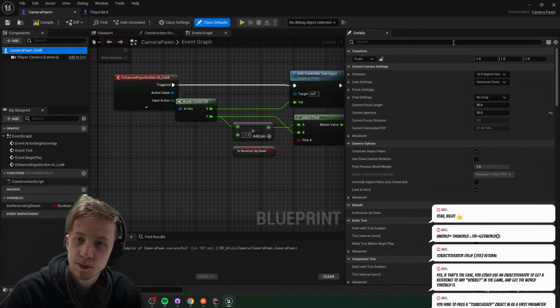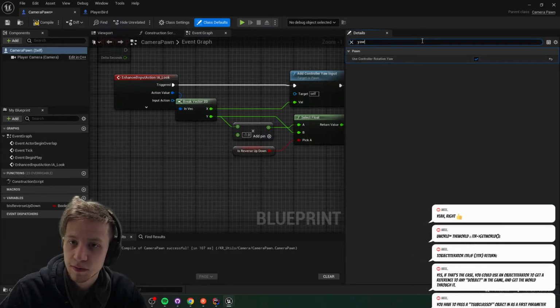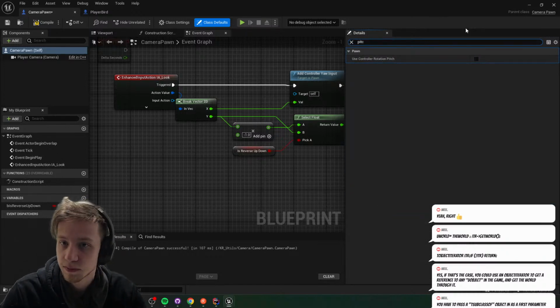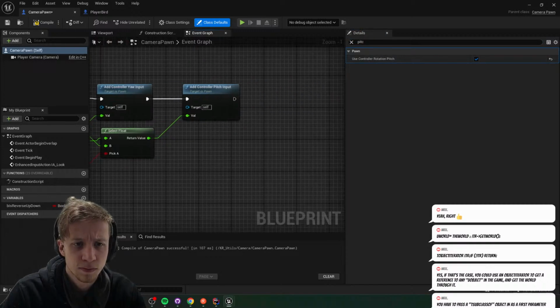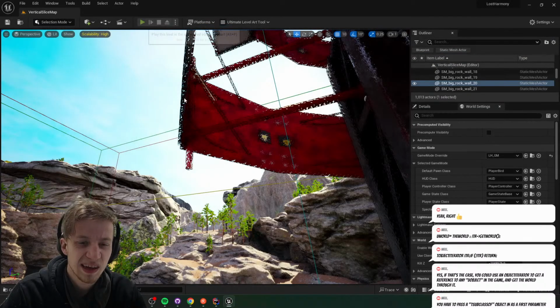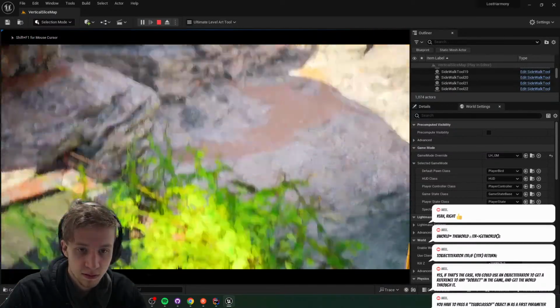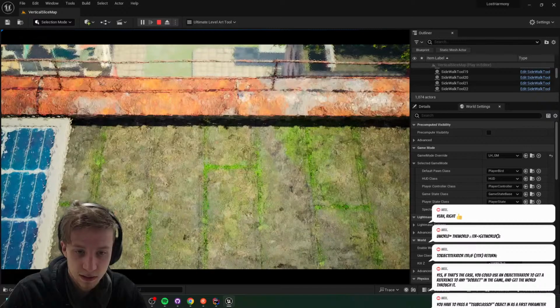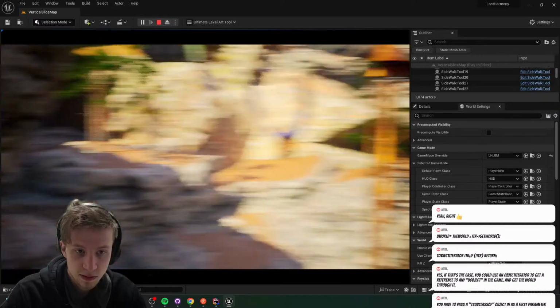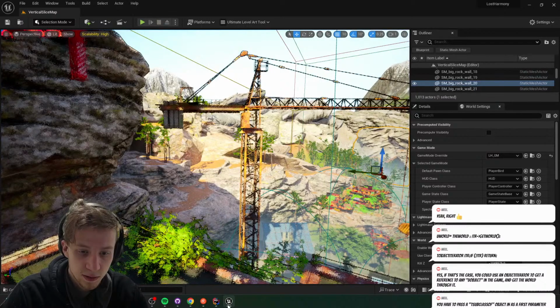Right, let's get here a pawn. We can get here a yaw, and we want to use pitch. Oh, both of them were deactivated. I should have probably added it on the... I guess I don't need to do it in the base class. Alright, that's the job. We can look around. Nice and pretty. What I care about most though